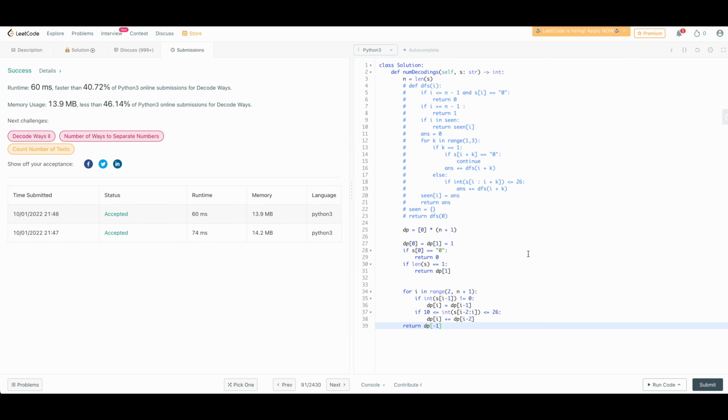So that's for this problem. Well, maybe I can talk about Decode Ways II, the second iteration of this problem series, but anyway,